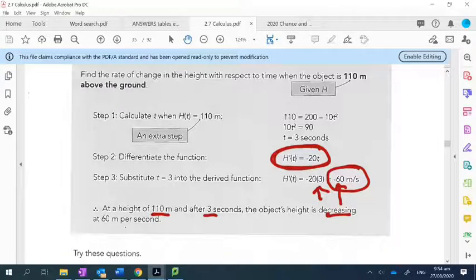If you didn't get decreasing on this, then there was an issue. No, it means it's a helium balloon. At 60 meters per second. Wait,